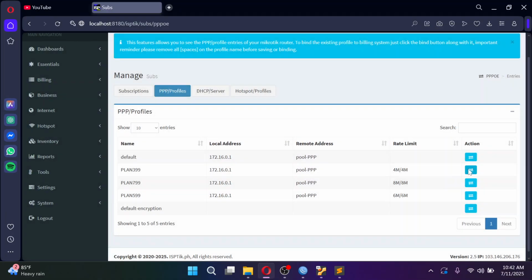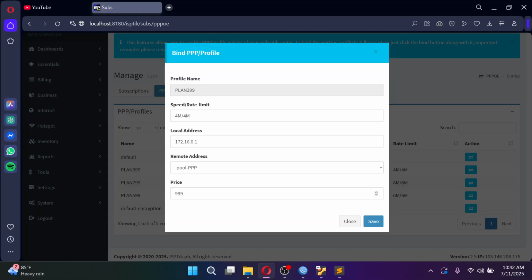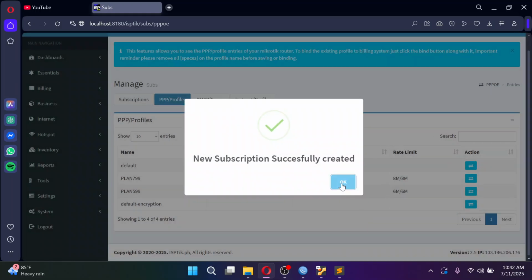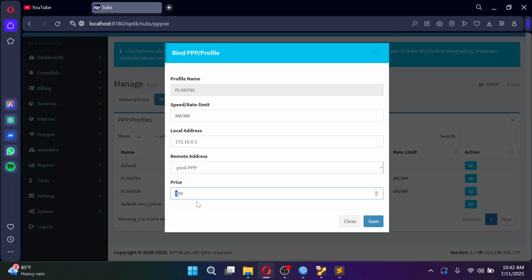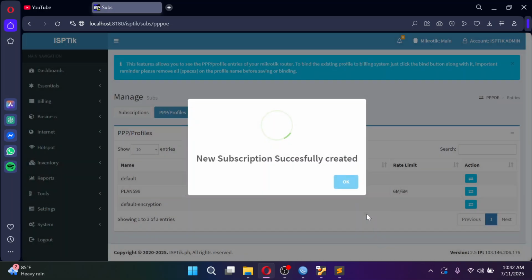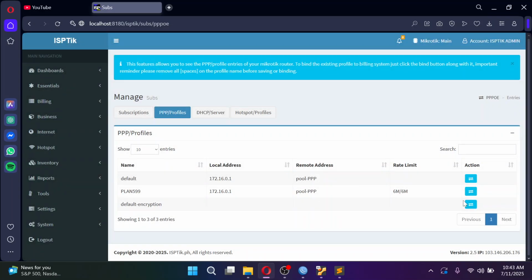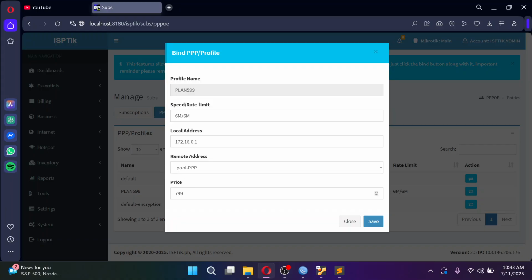save. Just make sure to set all the profiles, PPPoE profiles, bind to your MikroTik or to your ISPTech billing system before importing the PPPoE secrets from your MikroTik, because this is needed.